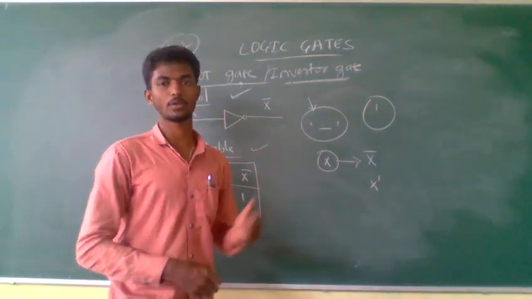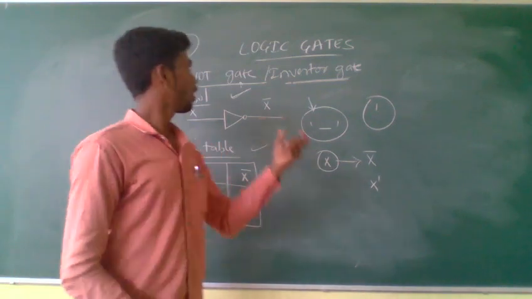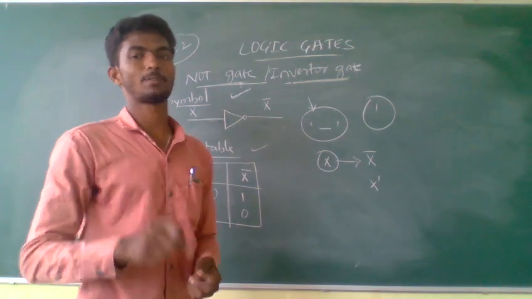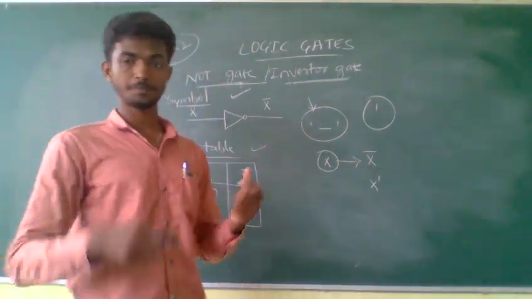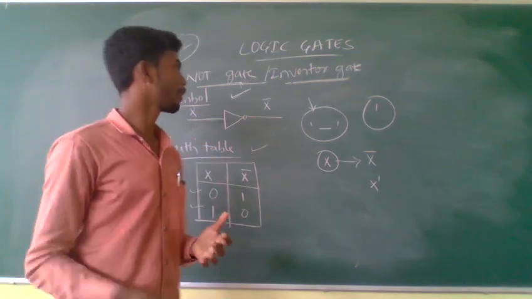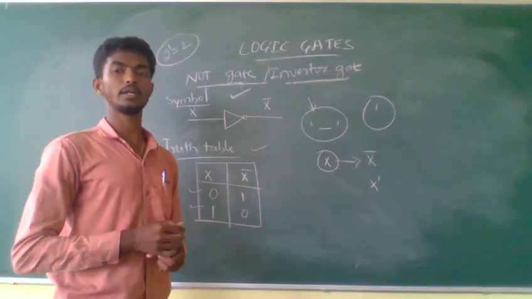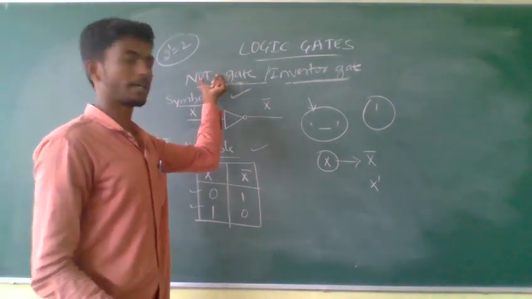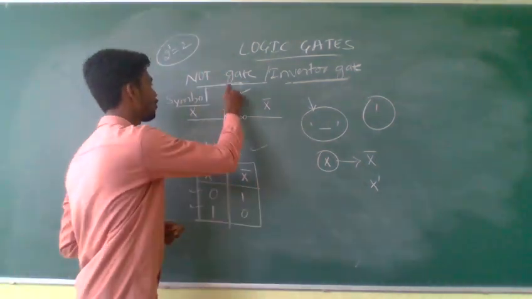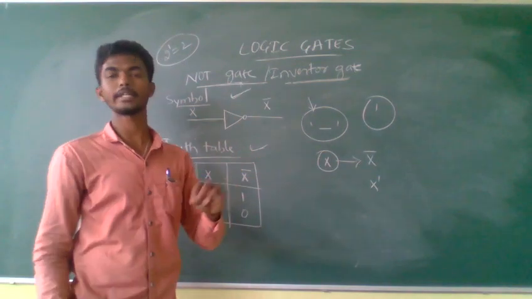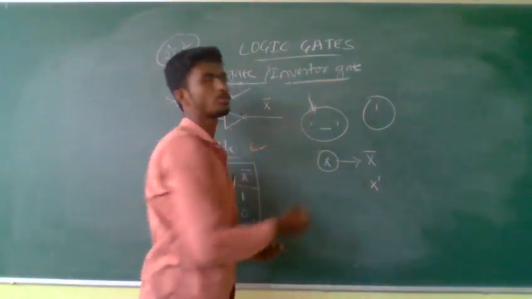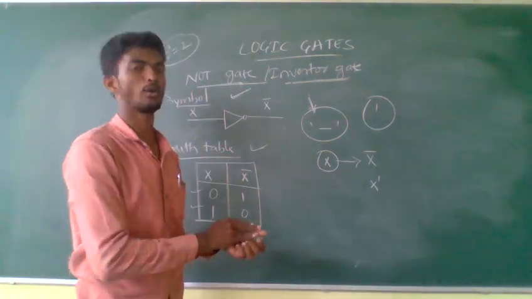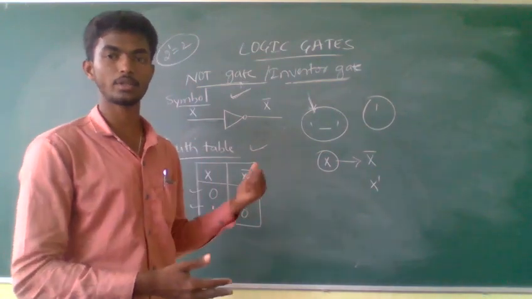This is today's class about the logic gates, and you have to remember always: when you need to explain any gate, not only the NOT gate but the OR gate, AND gate and the derived gates, you should remember the definition of the logic gates, the definition of the particular gate, the symbol, the truth table, the working nature and the output symbol used for the gate. These are all the points you have to remember while writing answers about the gates. Okay?